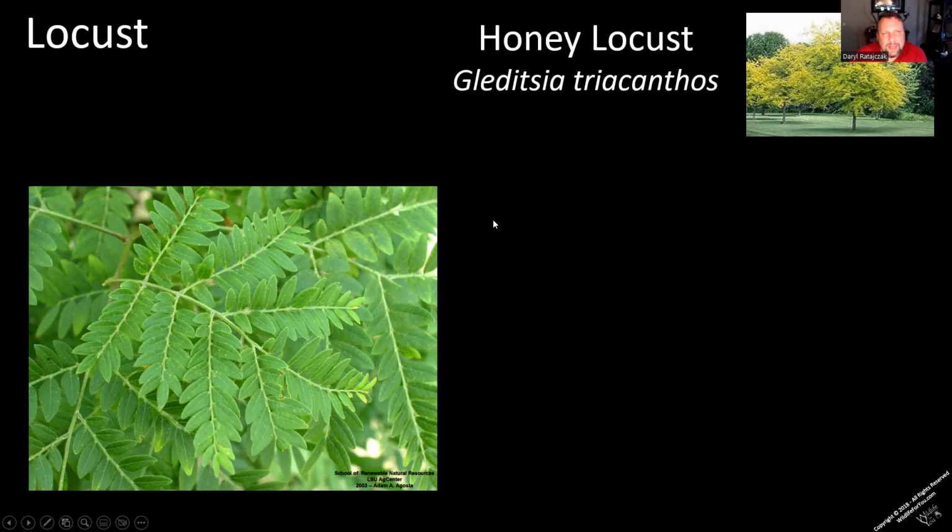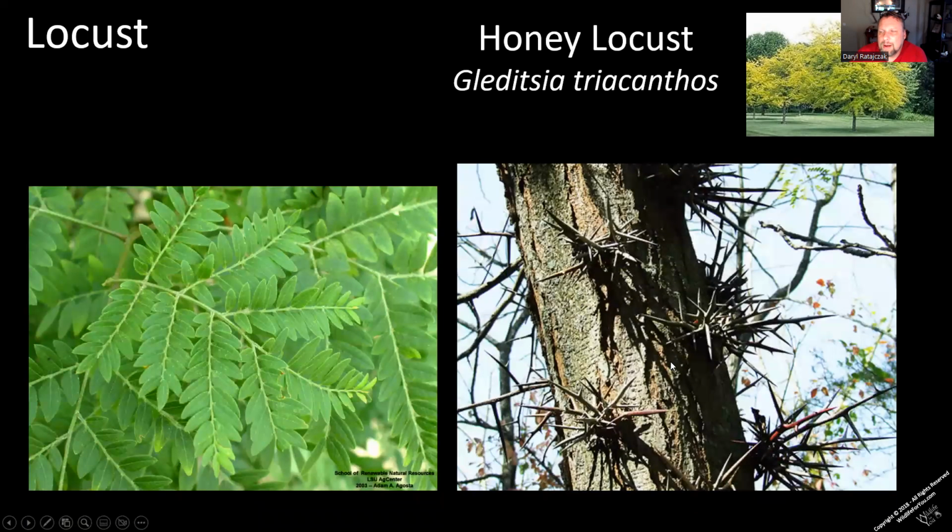But another thing that really sets this honey locust apart are oftentimes the thorns you find on it. Triacanthos means it pretty much has 3 stems to those thorns. You have the mid stem and two other stems shooting off from the side. And so,